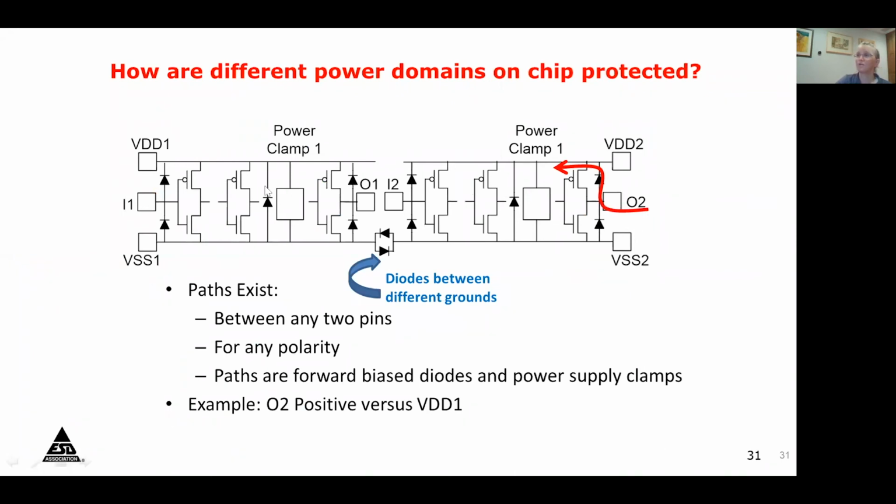We also have to look from domain to domain. So on a large chip, we may have many different power domains. So even though the ground in the system is the same, on the chip, the grounds can be different. So we need to make sure that there are safe, low resistance ESD paths between every pin, even ground pins, and that from the output pin to the opposite side of the chip, we have defined a safe path.